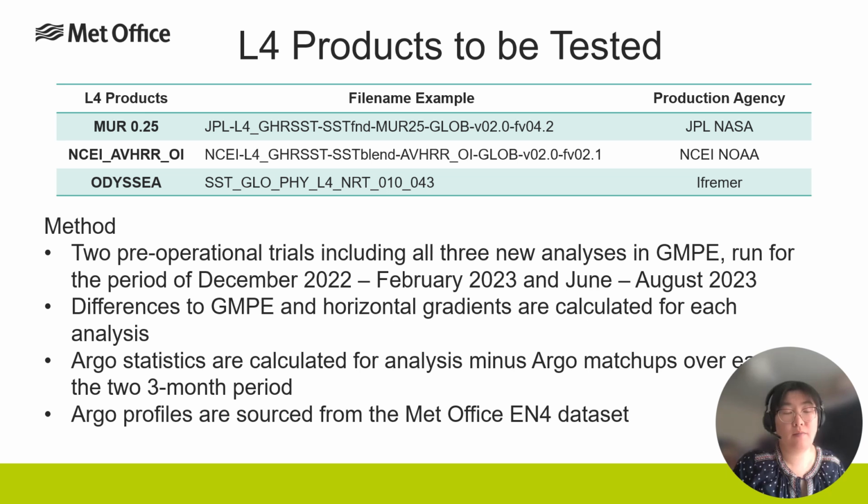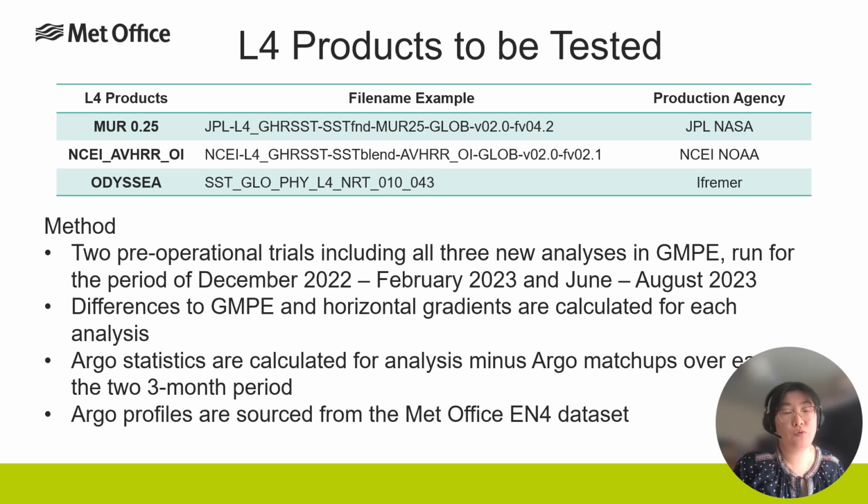One is the MER quarter degree, which is the smooth version of the full resolution MER that's already in GMPE. The second one is NCEI AVHRR OI. The third one is ODYSSEA, which is the replacement of Austere in Copernicus. So we have 2 pre-operational trials, including all 3 new analyses, in addition to the 11 L4 analyses in GMPE,